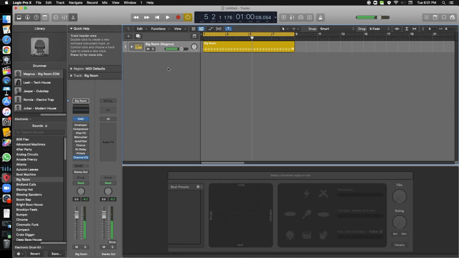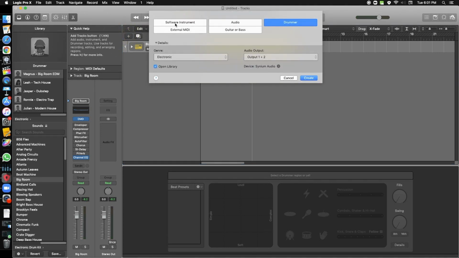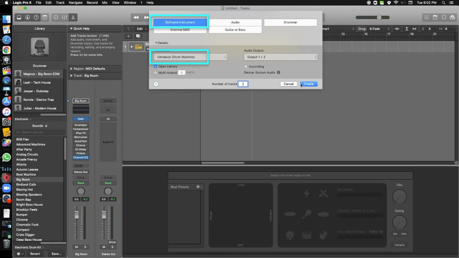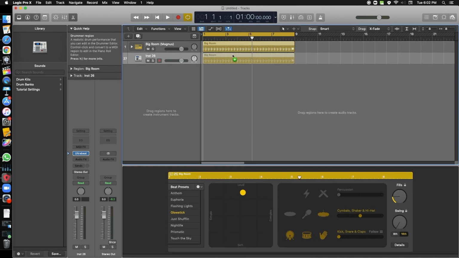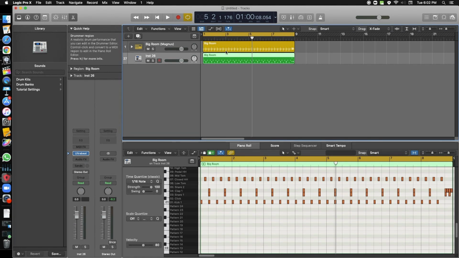I want to stop this loop from playing and go and create another track, and I'm going to select the software instrument track, and the instrument that I'm selecting is the Ultrabeat drum machine. Once we've got our second track, I'm just going to copy and paste, or in this case just drag the loop into the second track, and immediately in the piano roll editor at the bottom, we can see we've got a MIDI representation of the drum track, and if we play that, we now have two drum machines